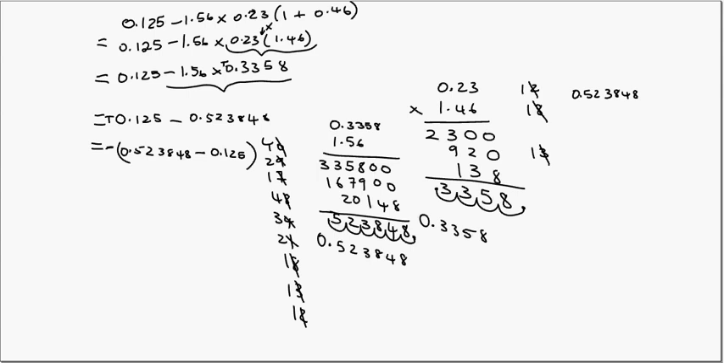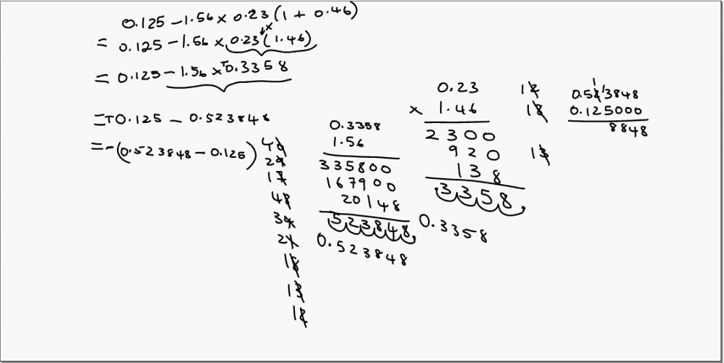0.523848, and we're going to subtract from it 0.125. Wherever we have spaces, we'll put zeros to make up the spaces. So let's subtract 0 from 8 is 8, 0 from 4 is 4, 0 from 8 is 8, 5 from 3 cannot, you borrow from the 2. So that becomes 1, and this becomes 13. 5 from 13